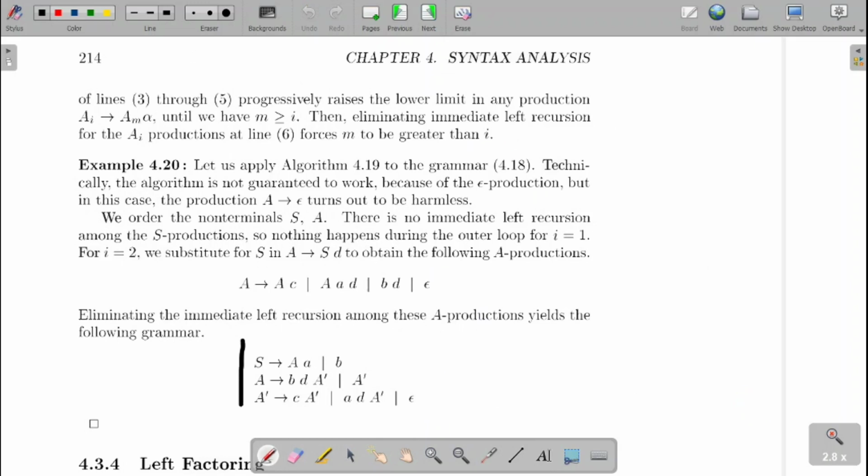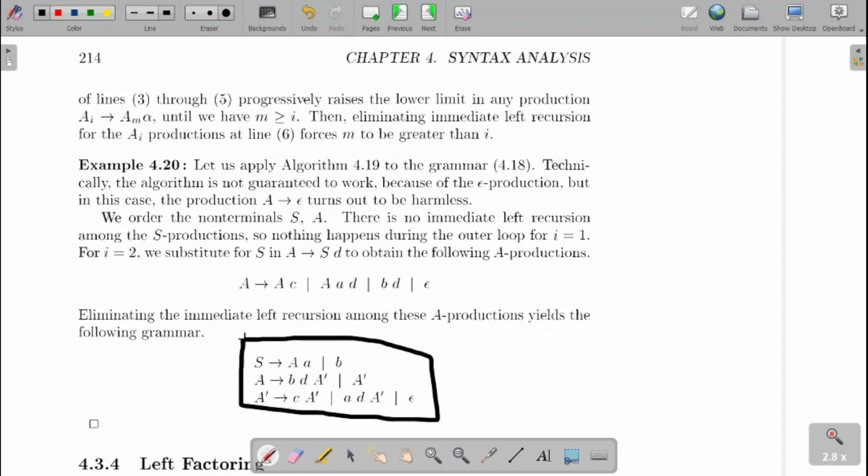So this is the result what we will get. That's the same thing I have shown in the previous one. Fine. So this is how we go for eliminating the left recursion. The left recursion may be an immediate left recursion or an indirect left recursion. If it is immediate, you can directly apply. If it is not immediate, then it will be an indirect left recursion. In those cases, first we need to convert that grammar into a form which comes to an immediate left recursion format. Once that conversion is done, then we follow the mechanism and eliminate the left recursion from that grammar. Right? This will be eliminating the left recursion.